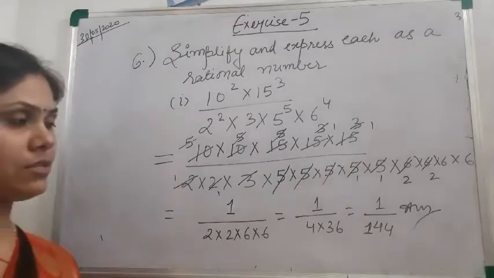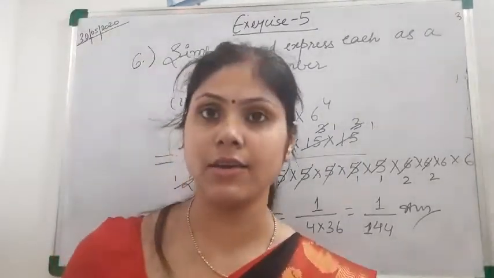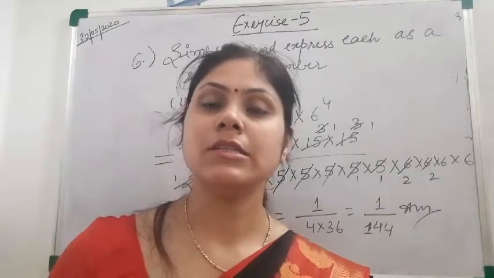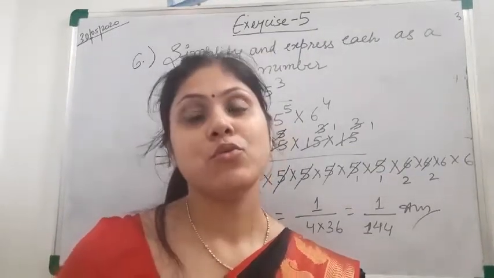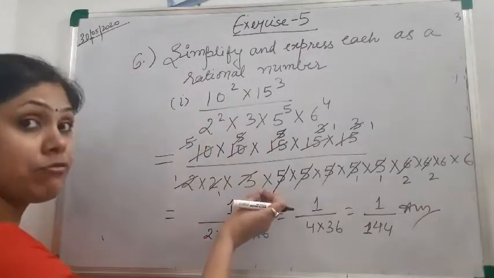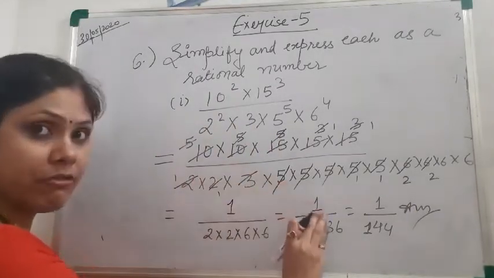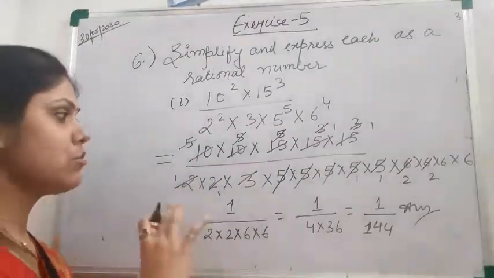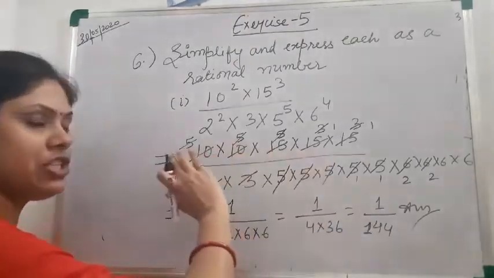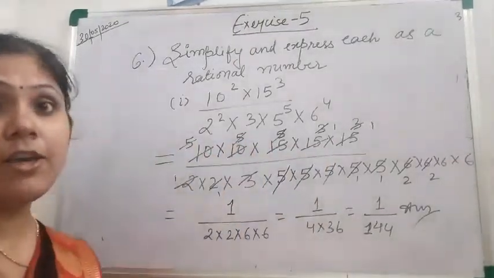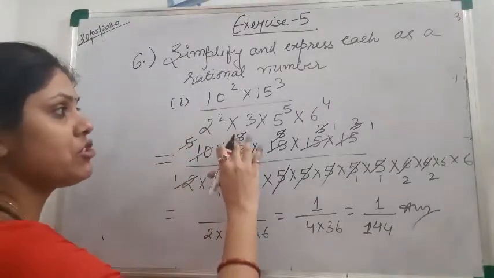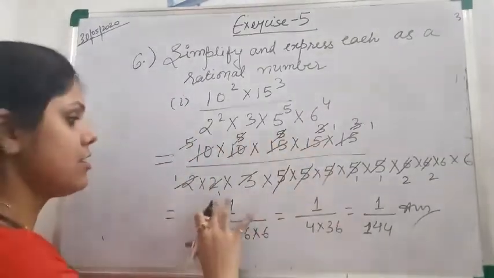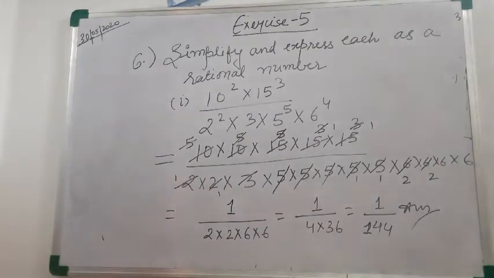If your laws are clear, you will do it very easily. It just requires patience. You should have patience and write it in a very proper way. If you do it in a hodgepodge way, you won't be able to solve it. So write it very neatly and cut each and every number very clearly, so that it is visible which number you have cut and which you have left. Then you multiply and solve the question. So this was the first question. The second one I will not solve. You solve it on your own.